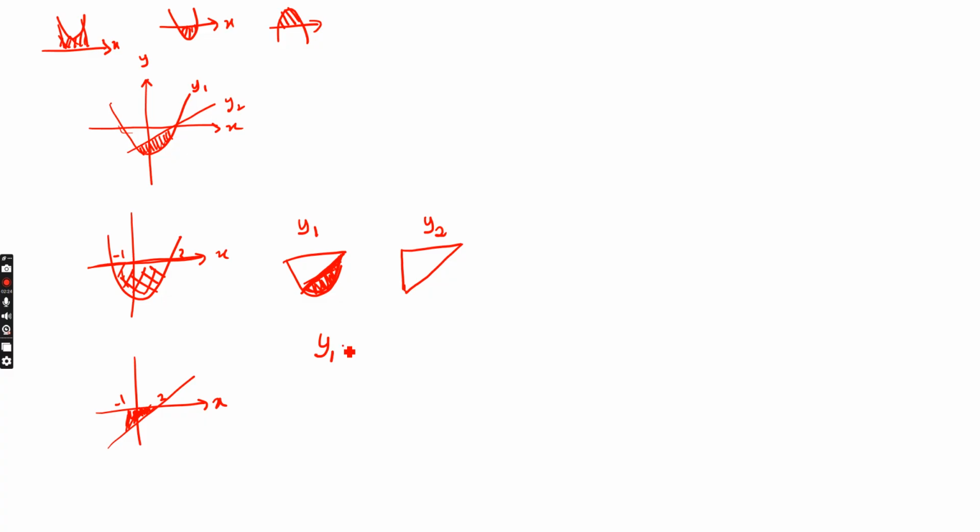So that's why y1 will minus y2. This is what you're going to integrate later on, where A is equal to negative 1, B is equal to 2. So when you do integration,